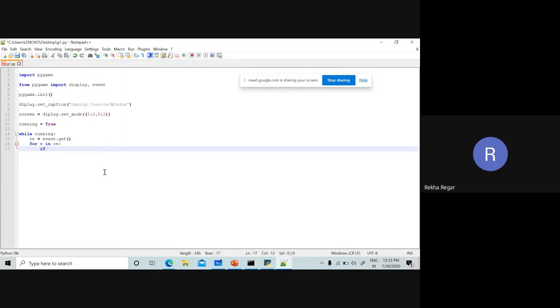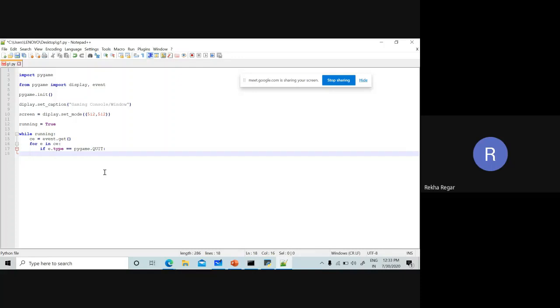if event dot type, whatever the event we took dot type, is equal to pygame dot QUIT, then we are going to close the things. Then the running must be false, because we are interested in closing the window.